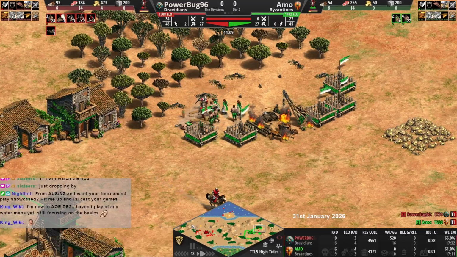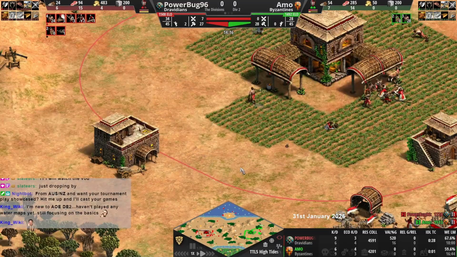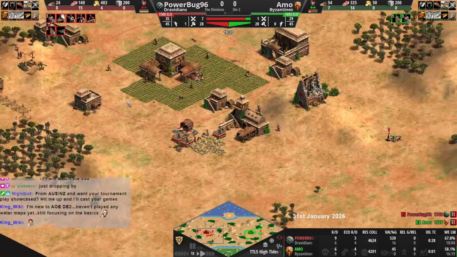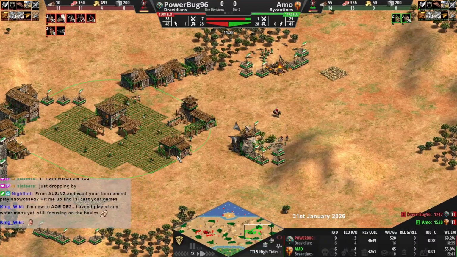So, I get my 3 kills back. I've, of course, got some fishing ships as well. And it's kind of settled out. He's lost his scouts now. I'm able to keep tapping around, and you can see the eco has kind of leveled out. Got a fair bit on gold, but...